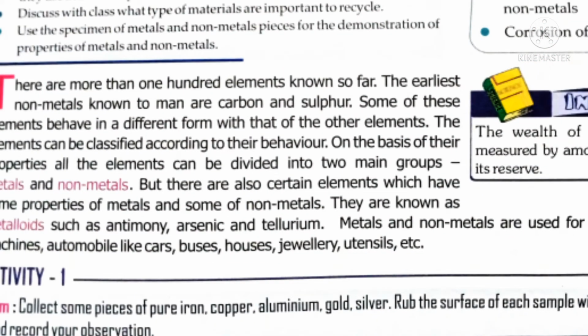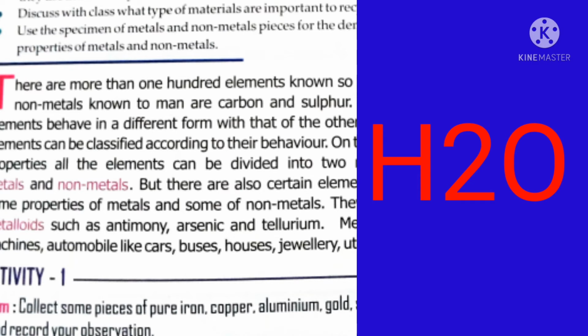Today let us start the new chapter, chapter 4, Materials: Metals and Non-metals, on pages 55 and 56. As we all know, in this world all matter is made up of elements. You know that for living things the basic unit is the cell. We human beings are made from a single cell called a zygote. In the same manner, every matter is made up of a single unit called an element, or we can say molecule.